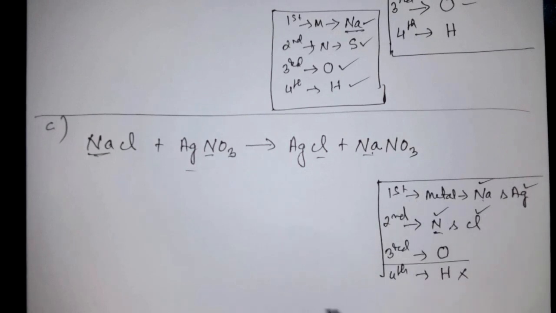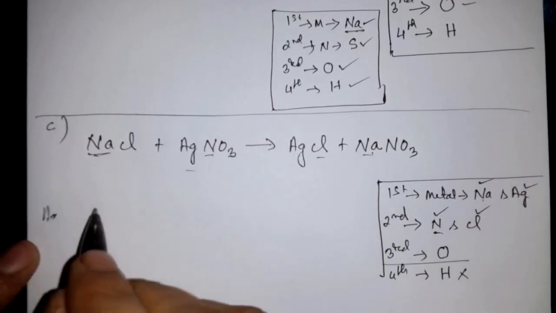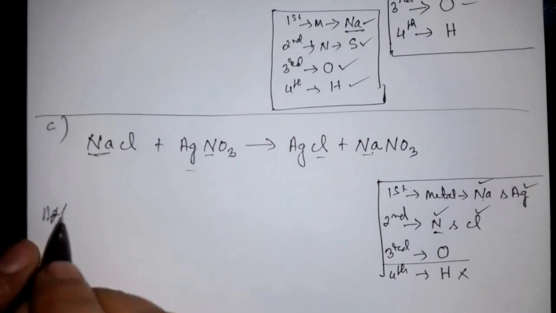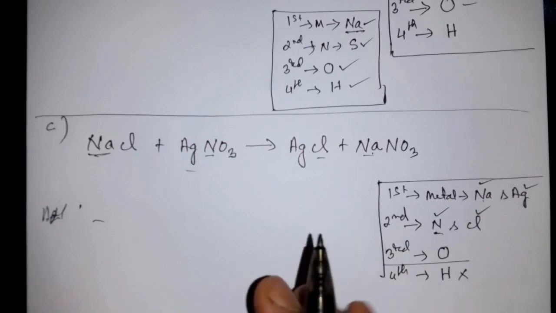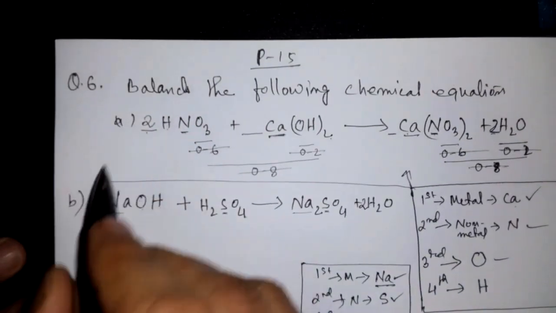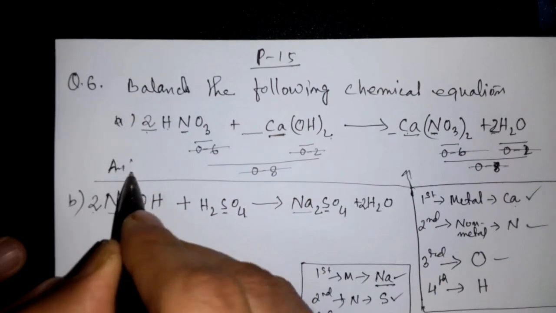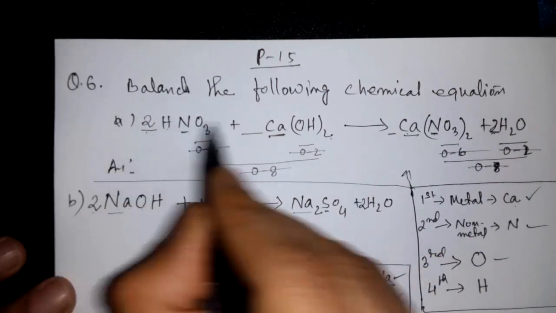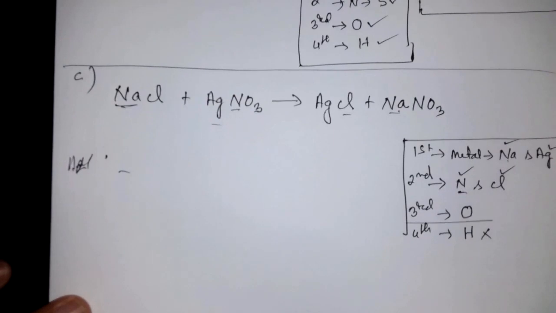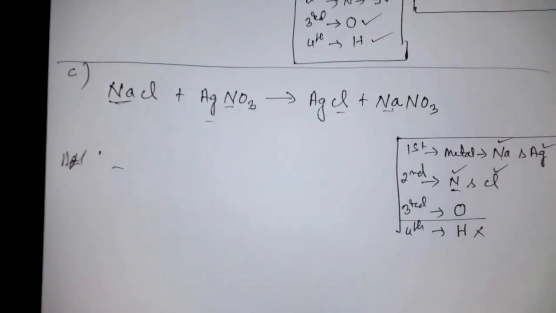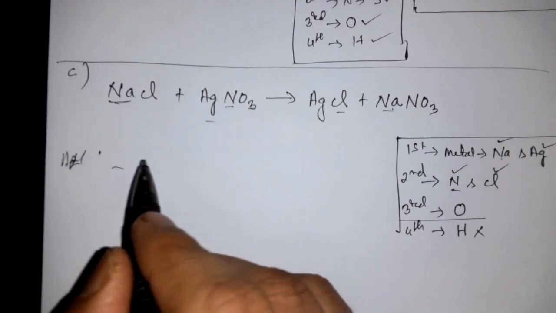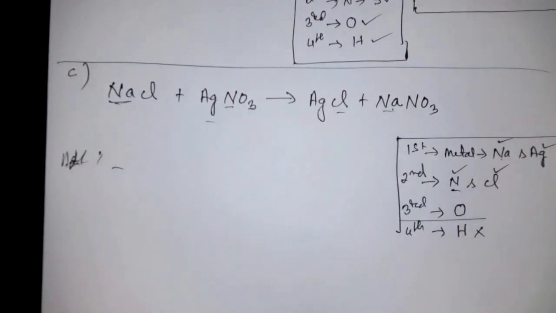So here nothing to do, it is balanced naturally. Sometimes like this also will be given, the equation is already balanced and they are asking to balance. Just write the same thing as the answer, don't leave it blank. Just copy that answer again. In the first case also, you write the question, then you write the answer, and in the answer you put the balancing. Here you don't do the balancing. So always write the answer and copy the same thing again, because if you just leave it and don't do anything, that means you have not attempted.